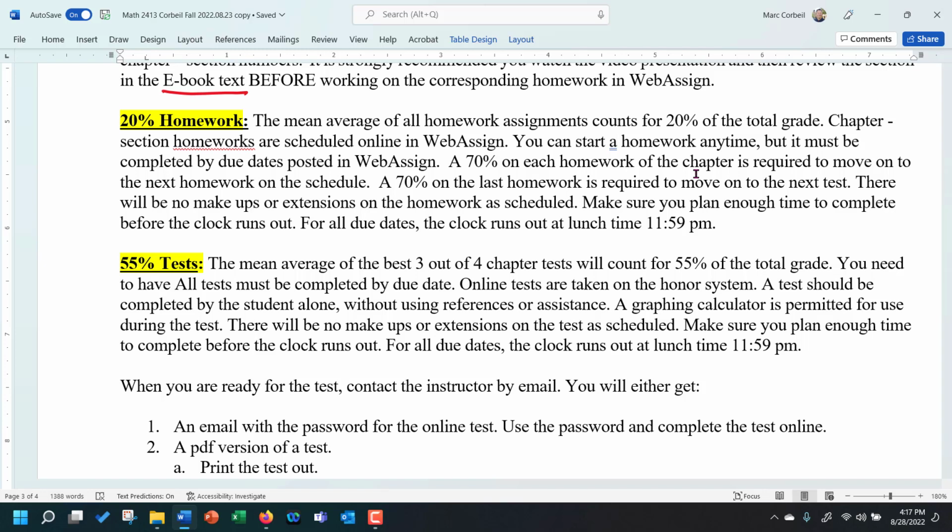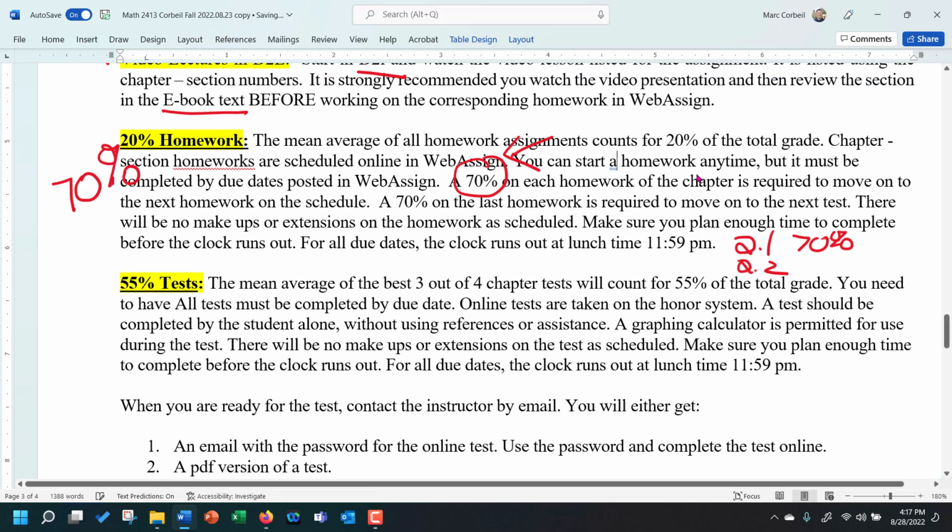So homeworks are pretty important. Now you need to get a 70% on successive homeworks. That means to do the second homework, you've got to get 70% on the first homework before you move on. So we're going to start in 2.1. You have to get 70% on that homework to be able to start the 2.2 homework. That's going to force you, if you keep going, to have a minimum grade of 70% in the homework. Okay, so those grades are not guaranteed, but as long as you're keeping up, that's where we're heading. So I'm kind of forcing your hand there to do that.